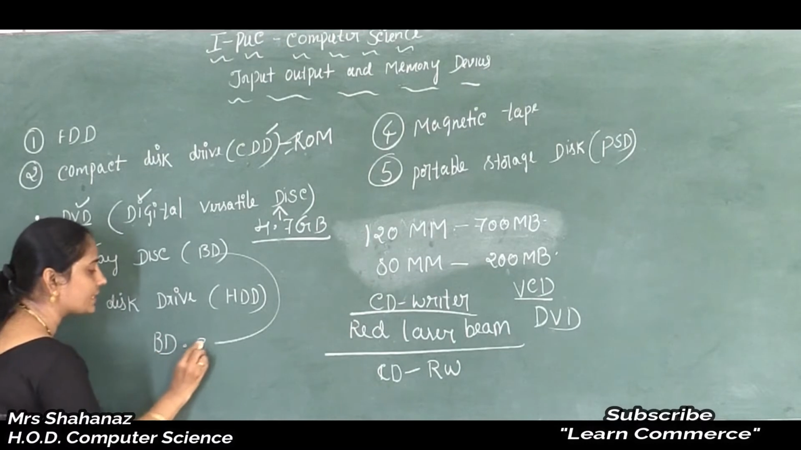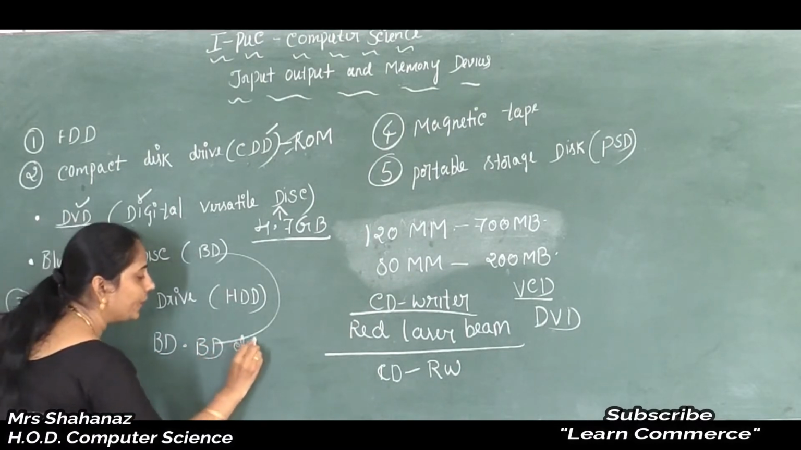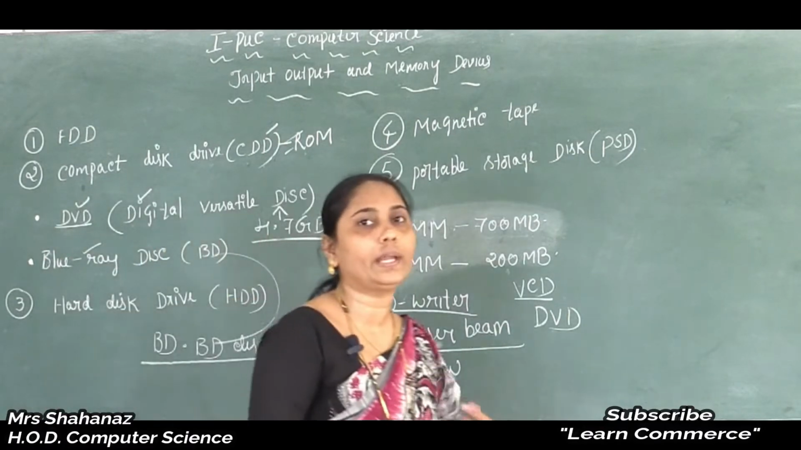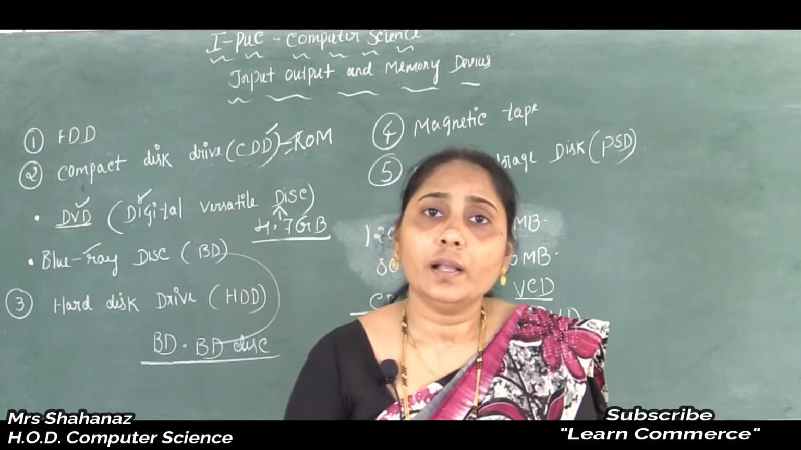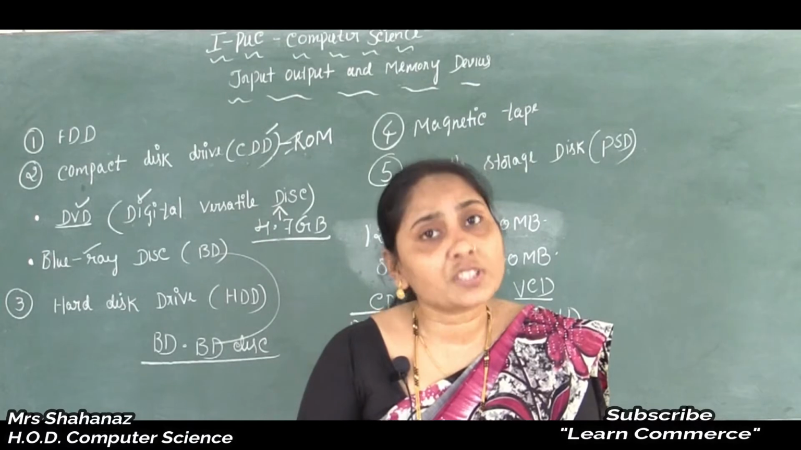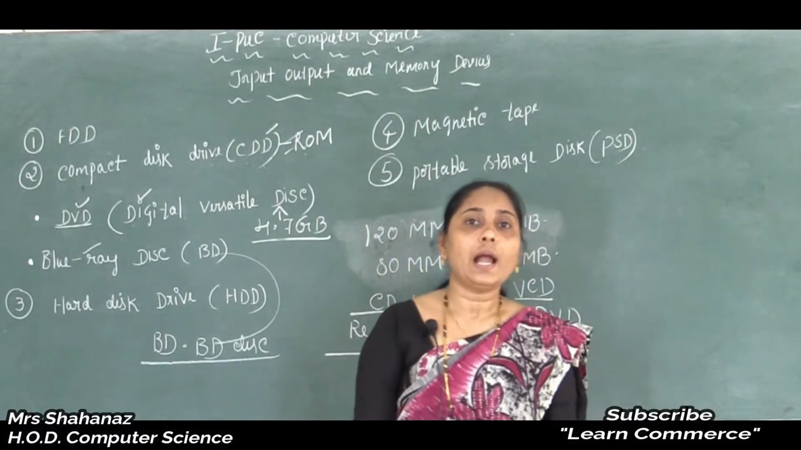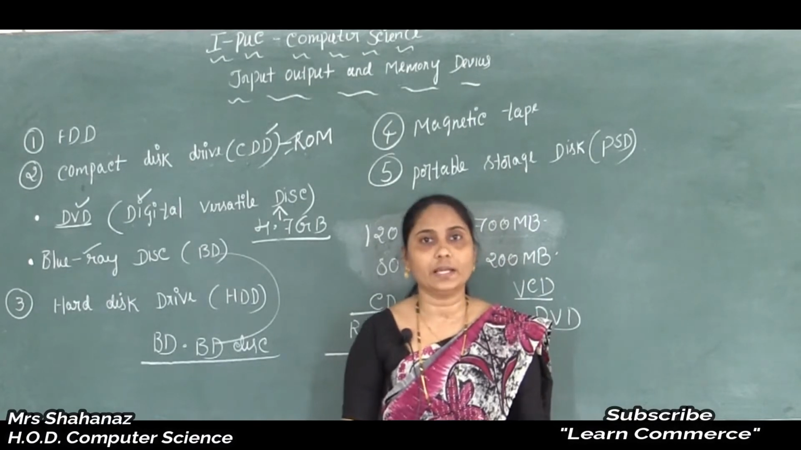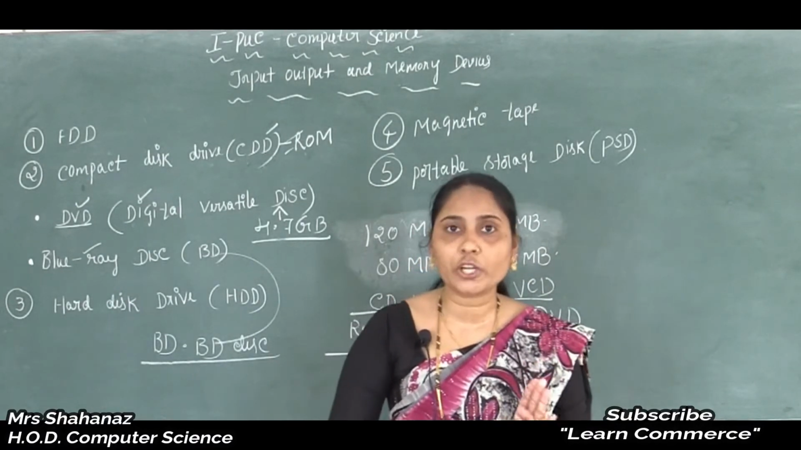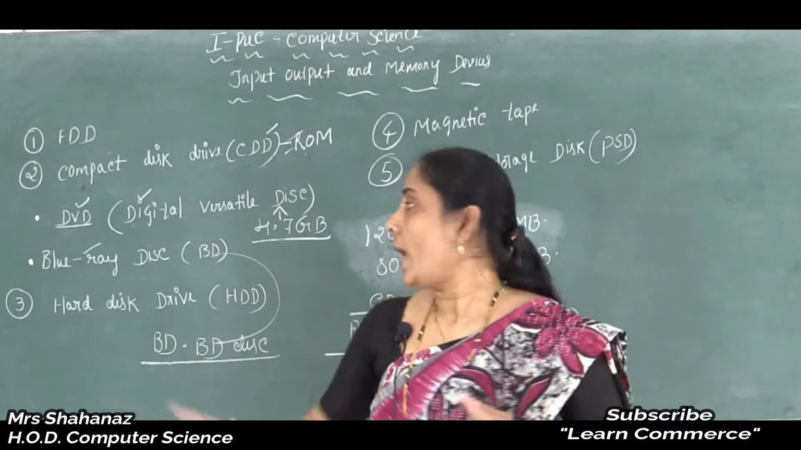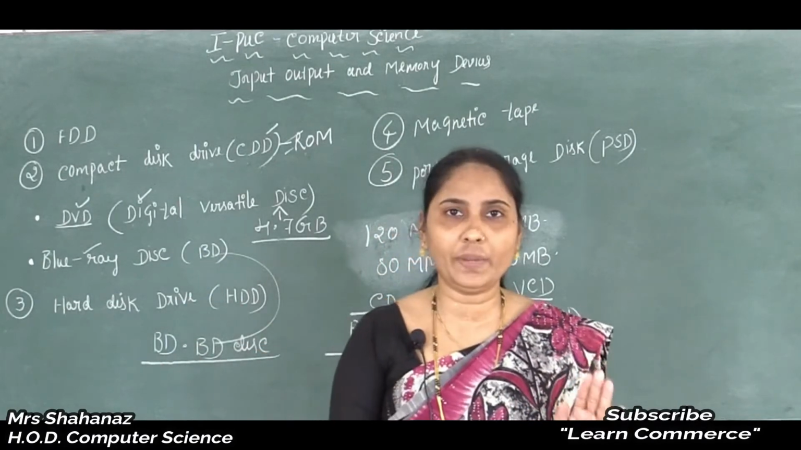The Blu-ray disc is also called BD. That means Blu-ray disc, BD. And in this case, what's the use and why are we using such a disc? It is a high density optical disc. It is a disc specially used to store data including high definition video, maybe like our